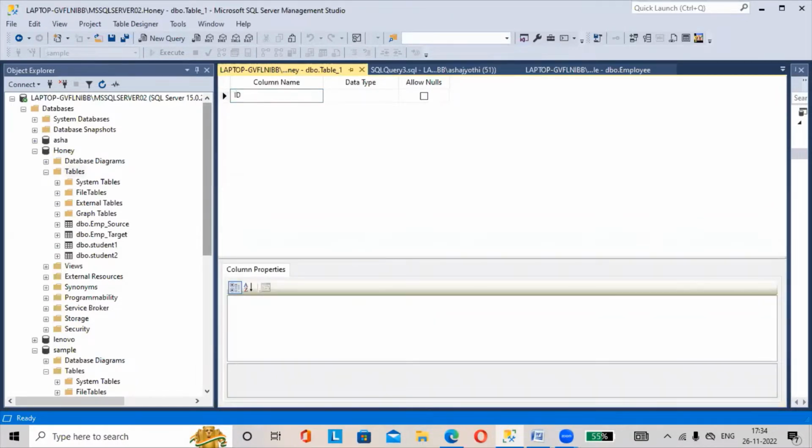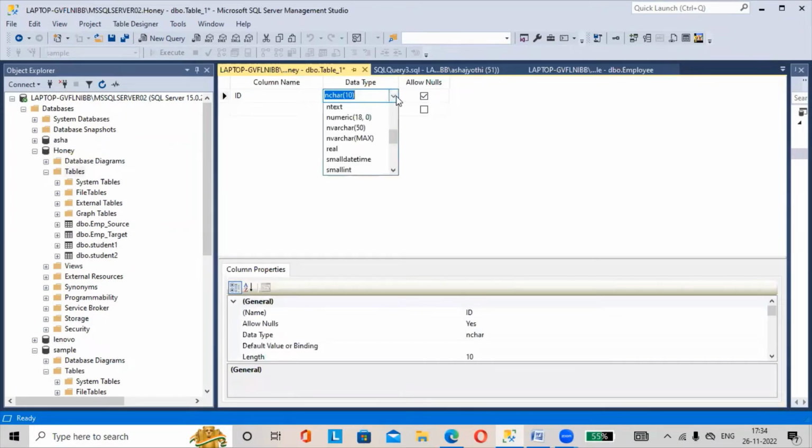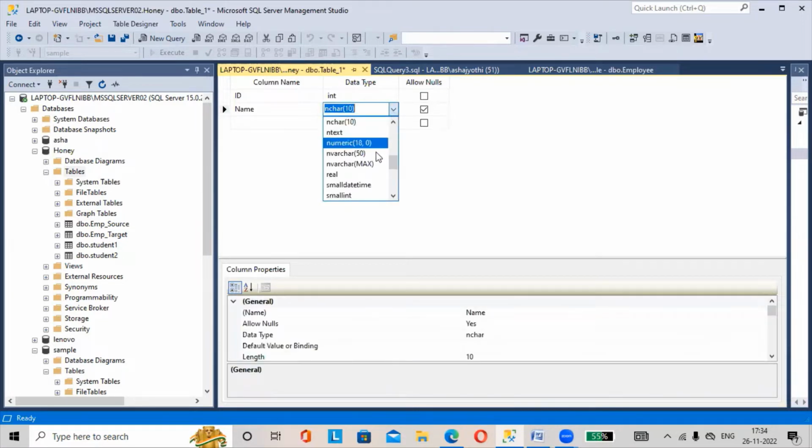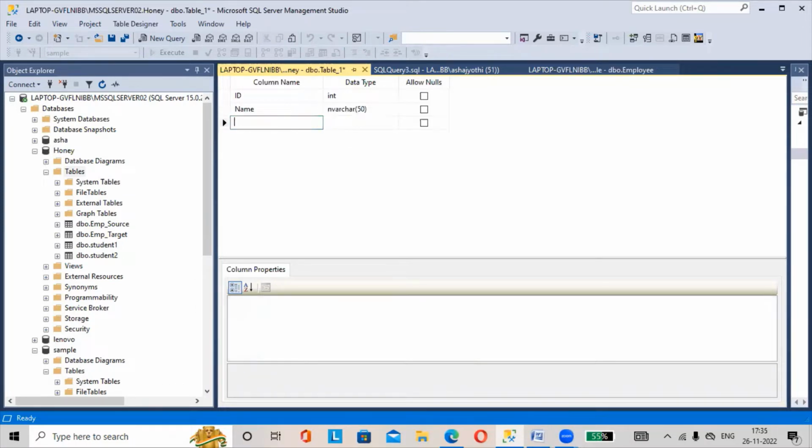ID is of integer type. Then don't allow nulls. Then name is of nvarchar. Don't allow nulls. Here, gender